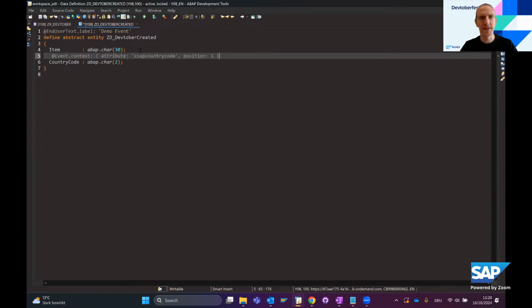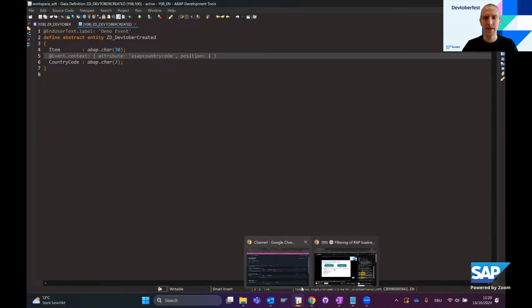The annotation is very similar. What we need, again, is this position statement here. This is due to the fact, as Jonas said, you could have multiple dynamic topic segments, and we need to know at which position which one should be put, so you can order them in the way you need them. So if I now activate this,